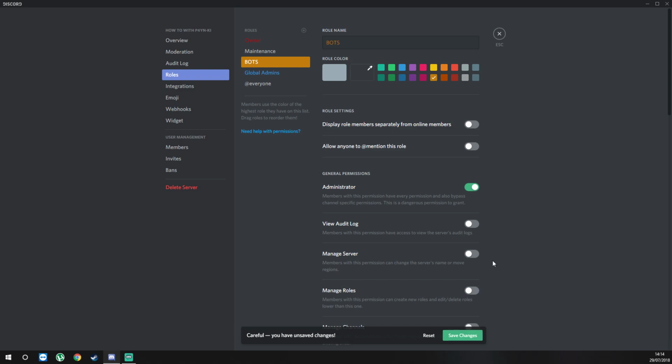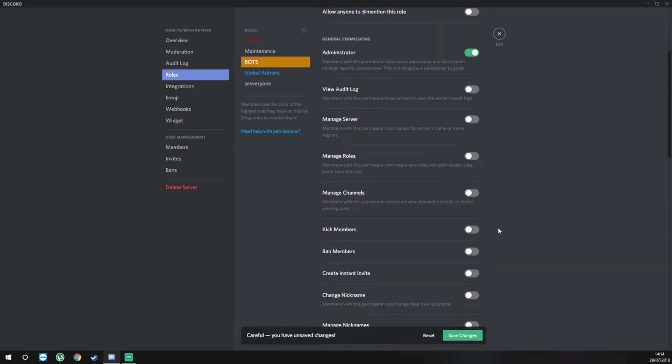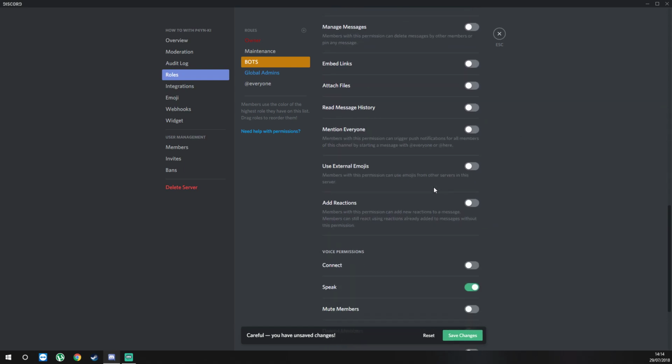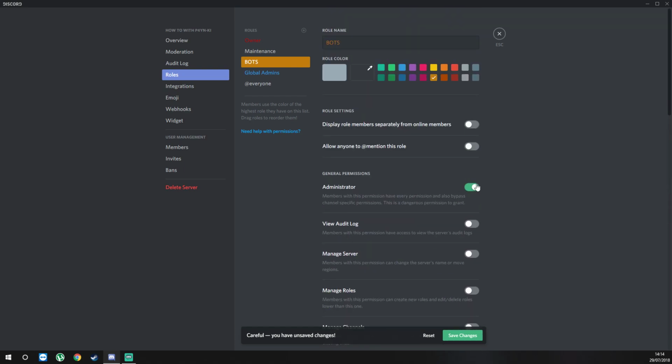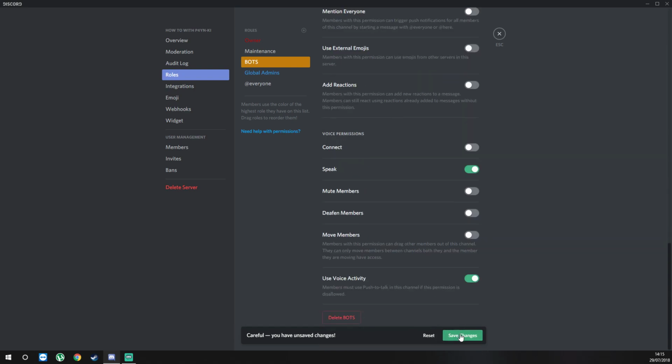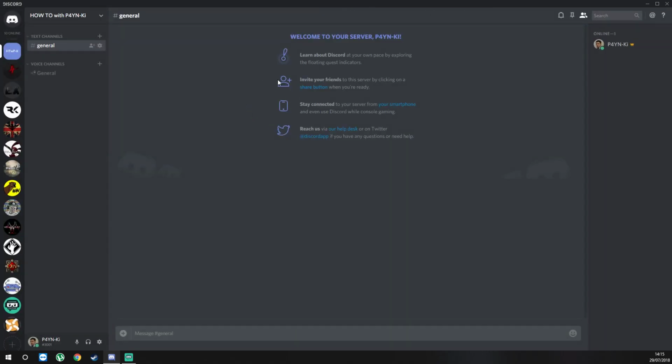Now, the bot should be allowed to have administrator privileges because it needs them. It should also be able to read and see voice channels, but we're going to do that on a room-by-room basis. And here's a look. Oh, what you can do is you can actually remove the administrator privilege and just give it to the actual bot itself. Which is probably a safer bet, but we'll experiment with that as we go. Right, so there we go. Now we have our roles created,